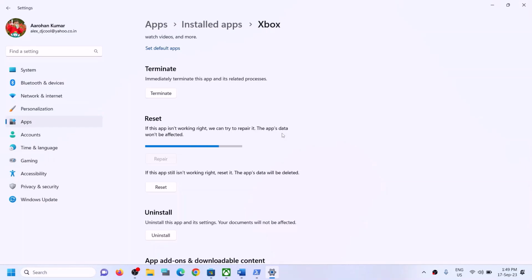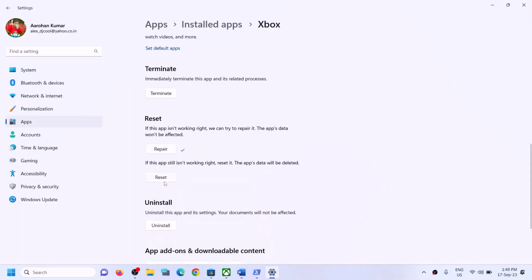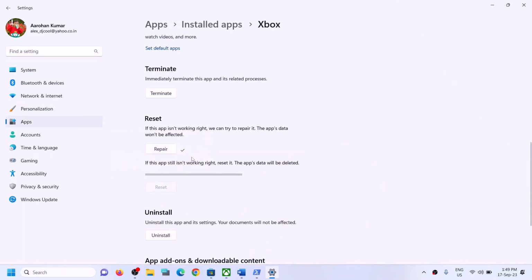Still you are facing the problem. If the repair does not resolve the problem, in that case you can perform reset. Now once the reset is complete, you can try to install the game. But even if the reset is not fixing the problem,